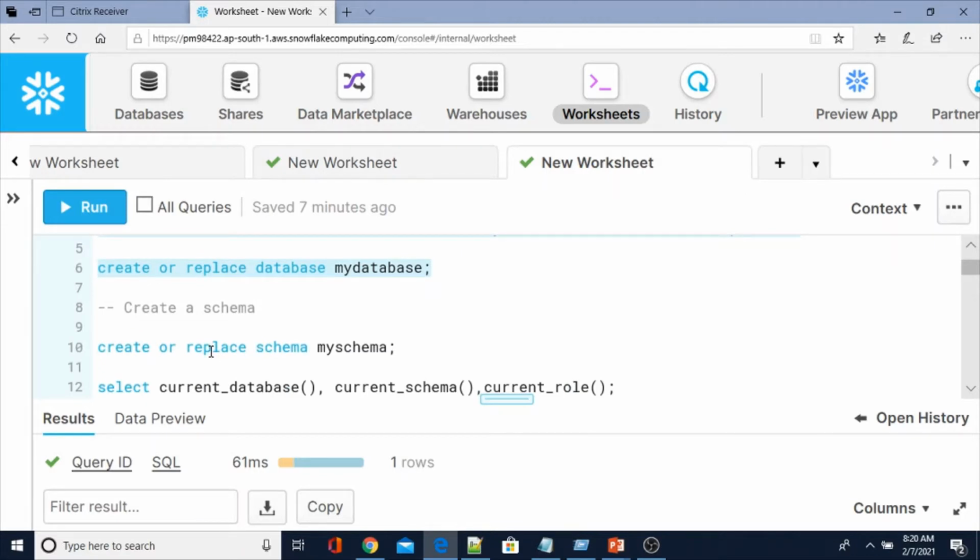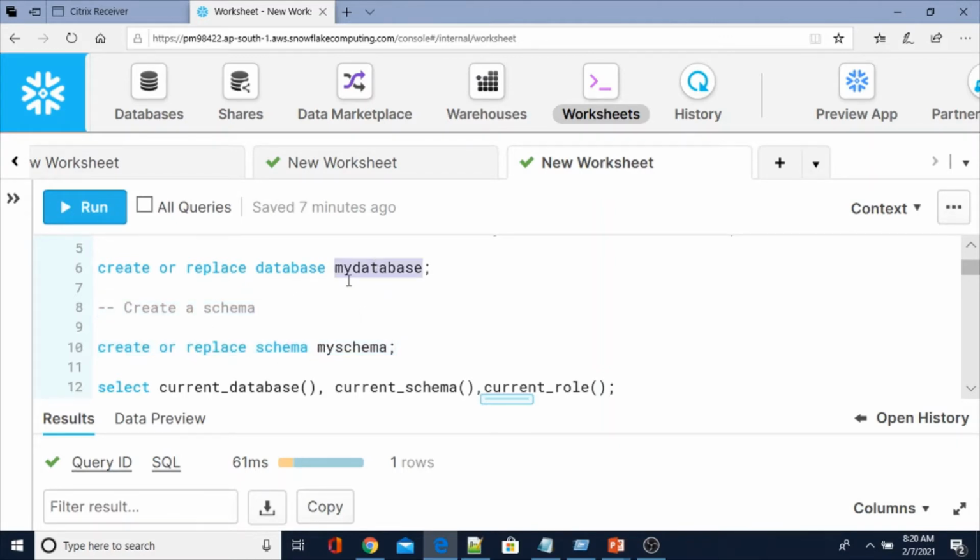Please note that if you don't use any database before creating a schema, where will the schema be created? After you create a database, if you start creating a schema without specifying any database, that schema is going to be created under the database you created in the same session.